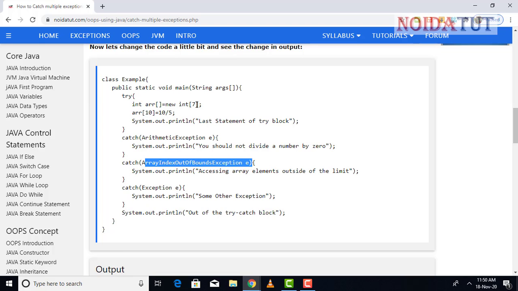That means the size of the array is declared as 7, and we are using the 10th position in the array. So that causes an exception, and that exception comes under ArrayIndexOutOfBoundsException.